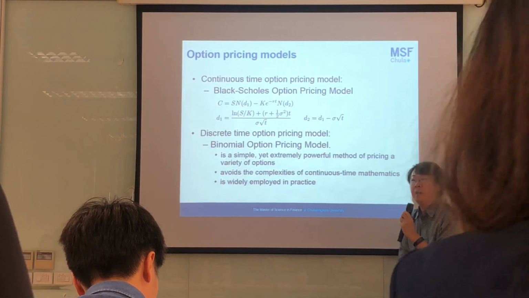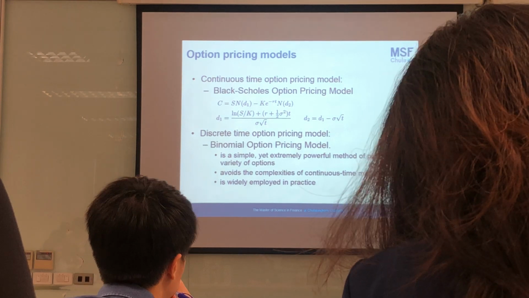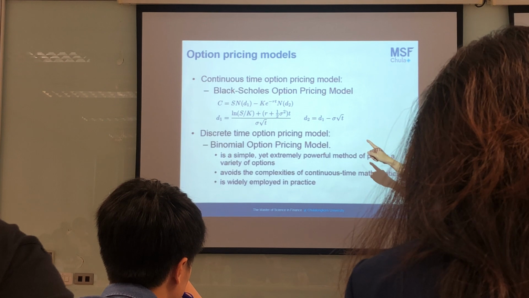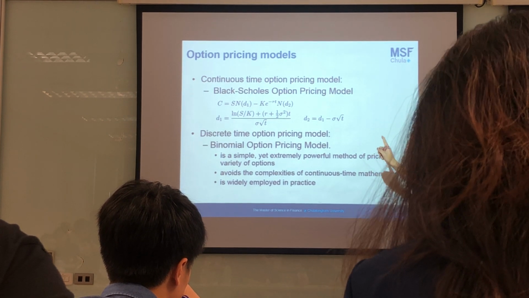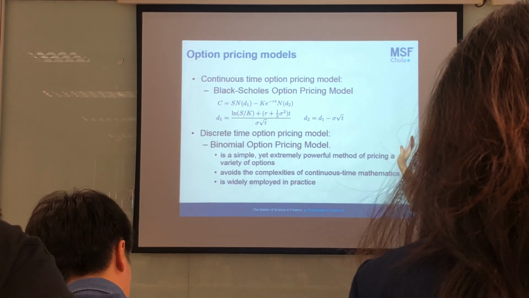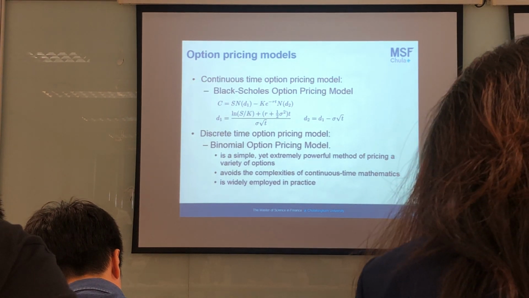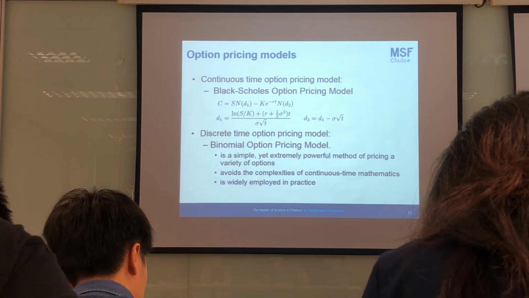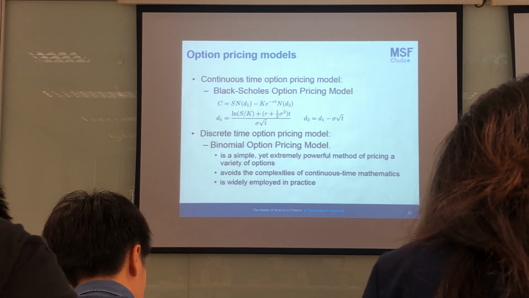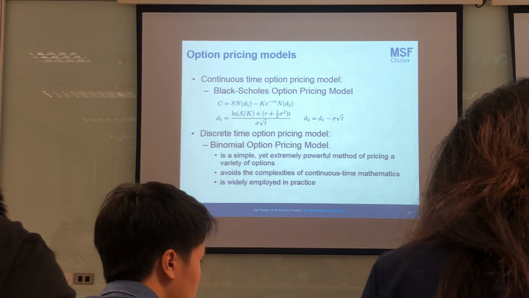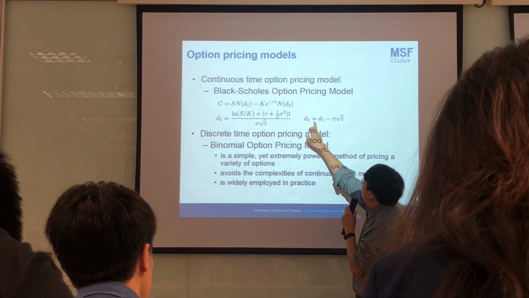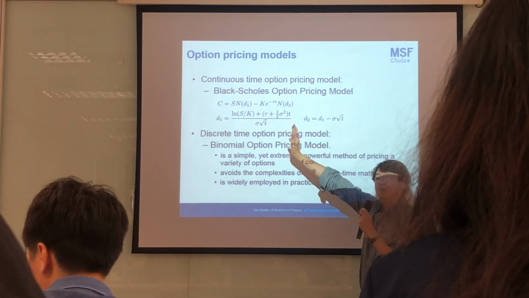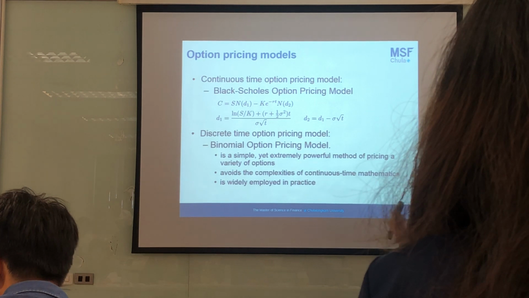Okay, K is the exercise price. Over there, minus K, the exercise price, multiplied by e to the power of minus rT. R is the risk-free rate per year, and T is the time to maturity or expiration, the option life, multiplied by N(d2). And d2 is equal to d1 minus sigma times the square root of T. This is the value of the call.